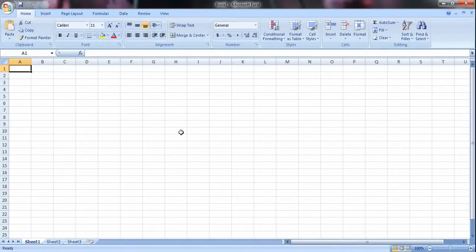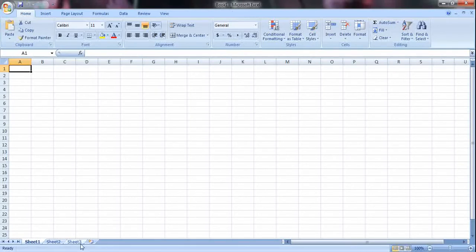These workbooks are collection of different sheets, and these sheets are called the worksheets. So if you look here, every sheet will contain different rows and columns like this. So point number 1, the files of Microsoft Excel are called workbooks, and workbooks are collection of worksheets.